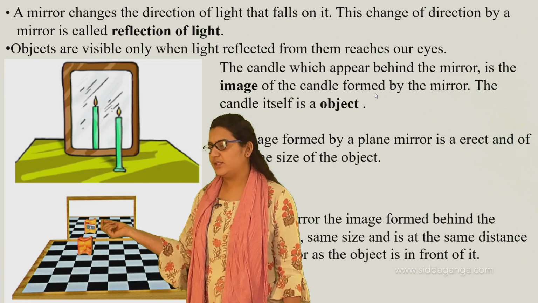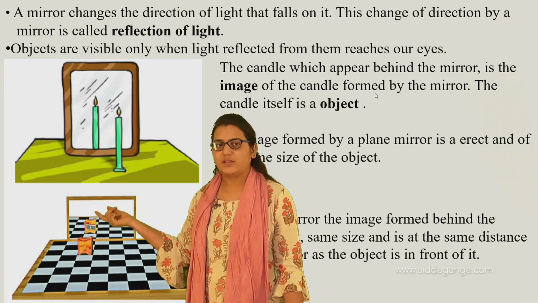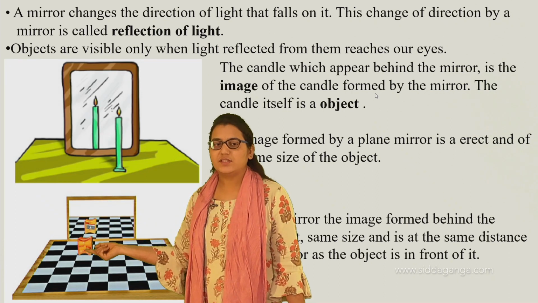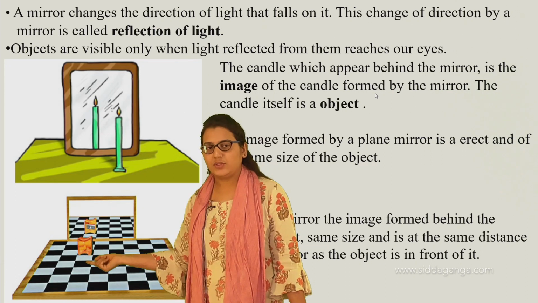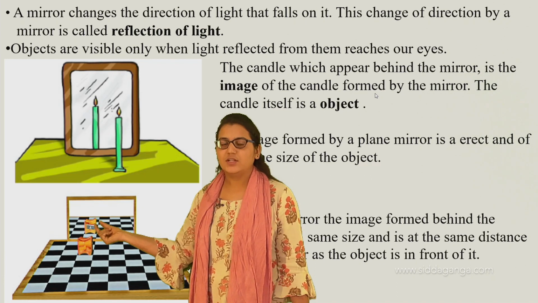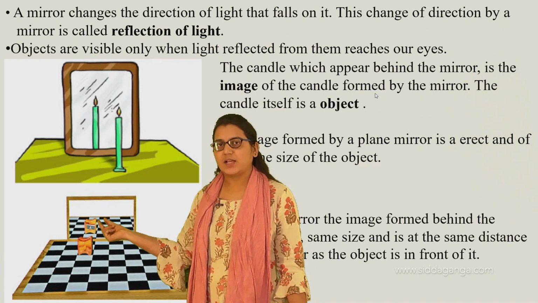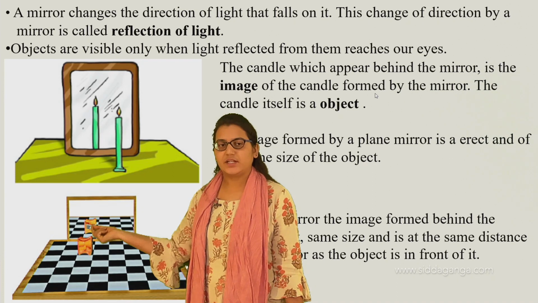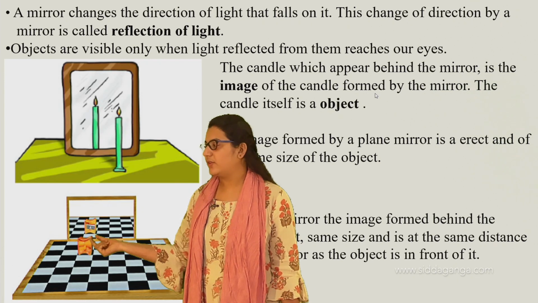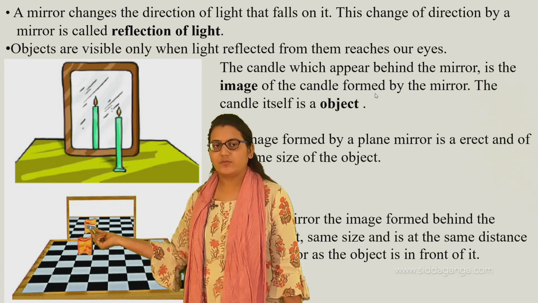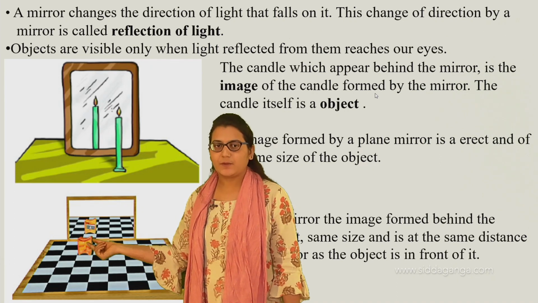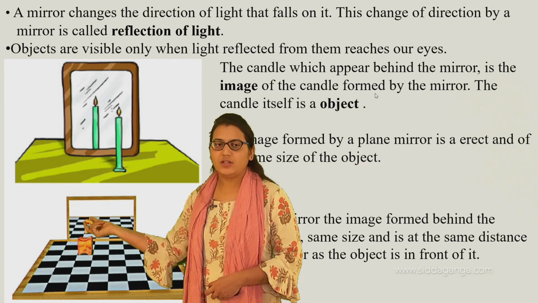So what I am trying to say is, when it comes to the distance between this image and object, the distance which this sharpener moves from here to here is the same distance the image of this sharpener moves. So the image appears the same as the object it is. In plane mirrors, what happens if we check this object? We have kept this sharpener closer to this plane mirror, so that's what we are getting.